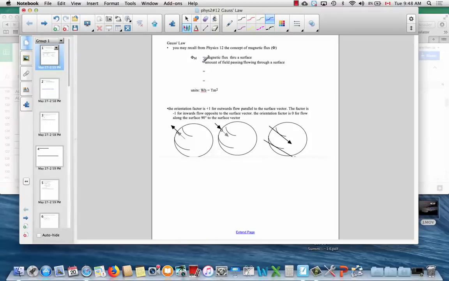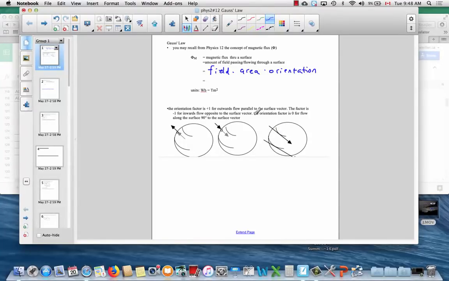we defined magnetic flux as the amount of field passing through a surface. And we found that the amount of flux depended on the strength of the field, on the area of the surface, but there was also an orientation factor, just to reflect whether the field was cutting straight through the surface, or perhaps on an angle, or perhaps not at all. As you can see here, this field is just tangent to the surface, so there's actually no flux at all